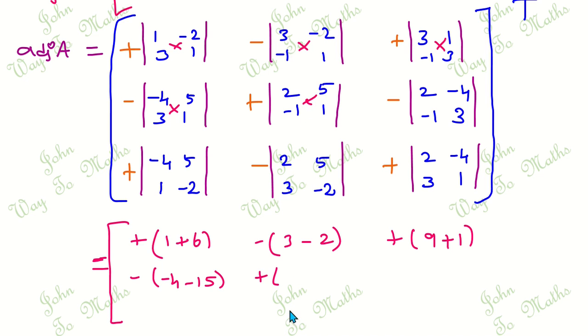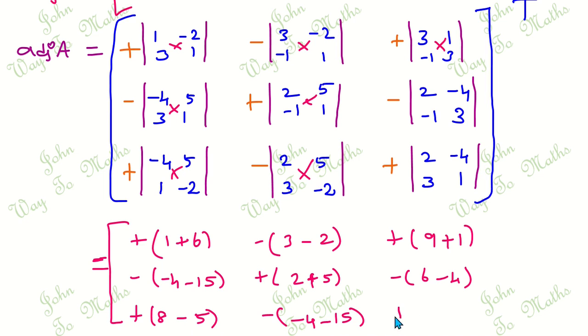plus of first diagonal minus second diagonal, so 1 2s are 2 minus 5, here comes plus 5, then minus of 2 3s are 6, minus 1 minus 4 becomes plus 4, here plus first diagonal minus second diagonal, so minus 4 minus 2 becomes plus 8, minus of 1 5s are 5, then minus of first diagonal minus second diagonal, so 2 into minus 2 becomes minus 4, minus 3 5s are 15, then plus 1 2s are 2, then minus 3 4s are 12, minus 12, here comes plus 12, then whole transpose,